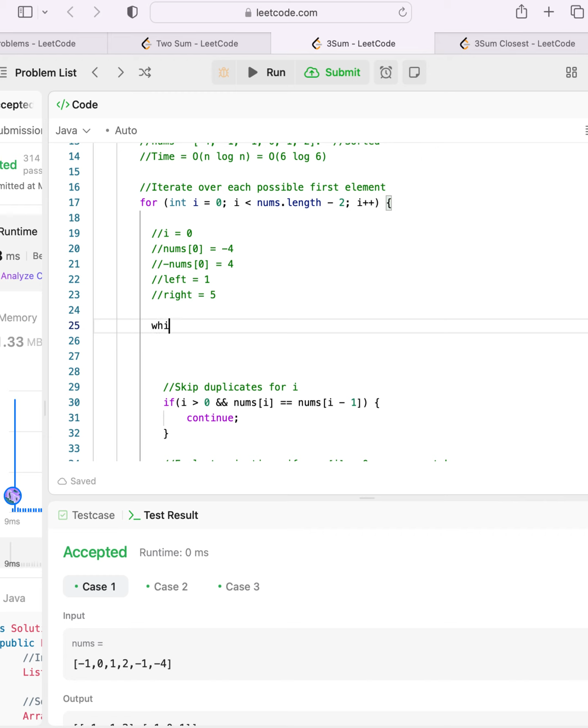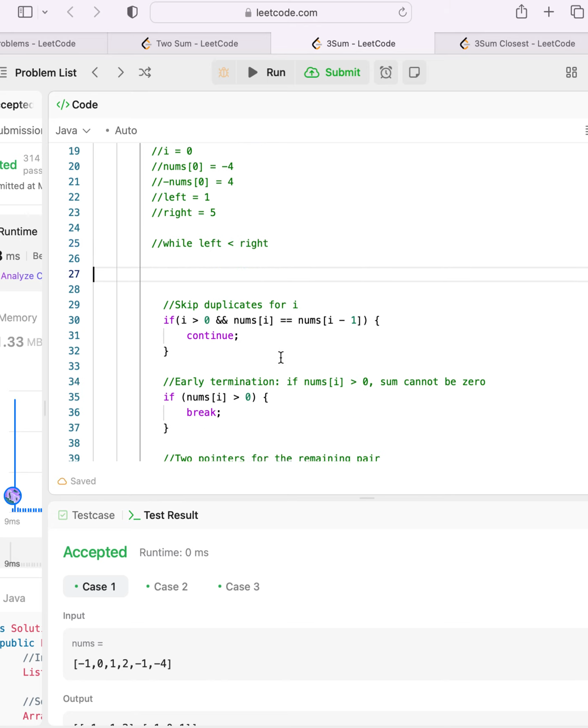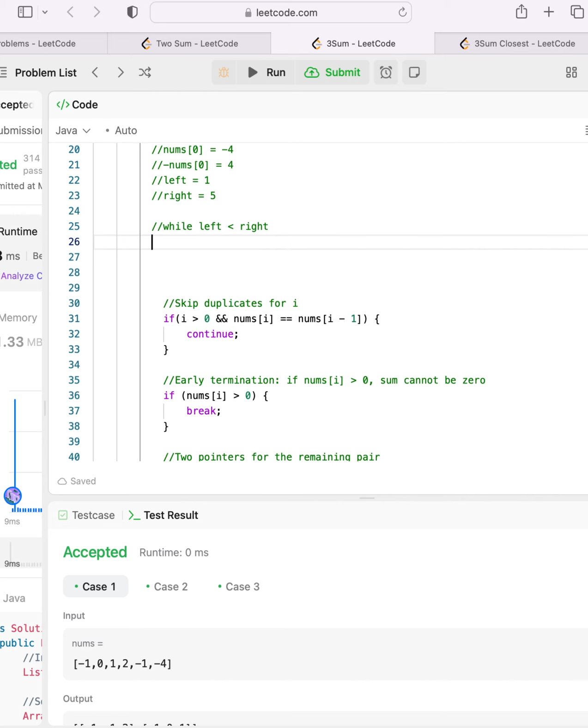And while left is less than right, sum is going to be nums of 1 plus nums of 5 is equal to